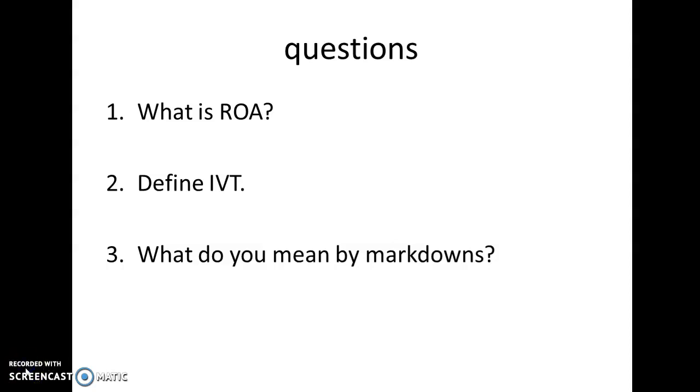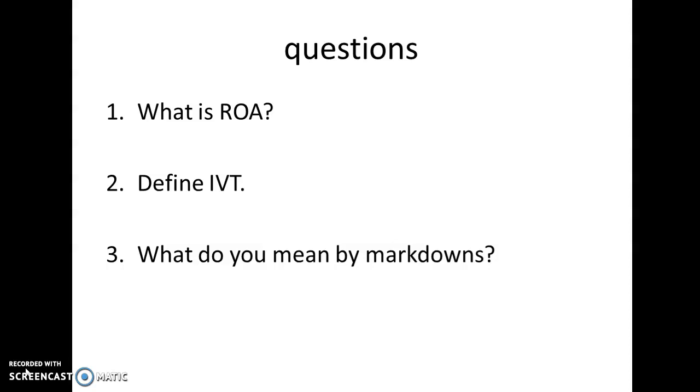The next question is, define IVT, that is inventory turnover. The inventory turnover is calculated using the formula cost of goods sold divided by inventories. The company should aim to maximize the cost of goods sold with a lower inventory so that it can maximize